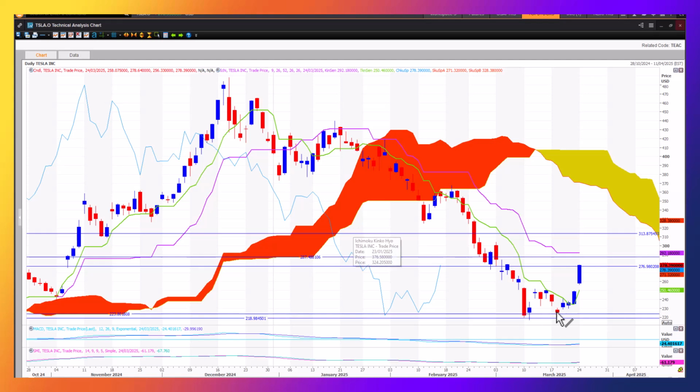We can see we got our rebound here. 223, 218 were the downside targets of this sell-off when the stock sliced through the bottom in the cloud. We had all these downside support targets to be tested. Eventually the ultimate bottom was this support zone, the 223 and 218 target. We got to that target, then we had to get out of our short and swing trade to the upside. Got our rebound there. Another little test of the rebound, crossed the turning line of the Ichimoku cloud,